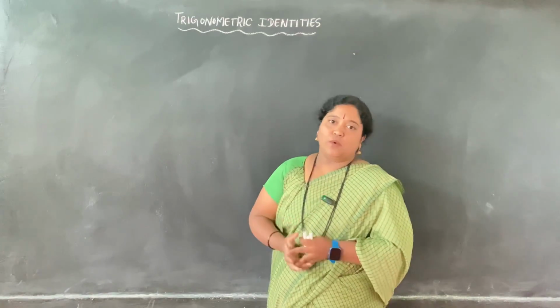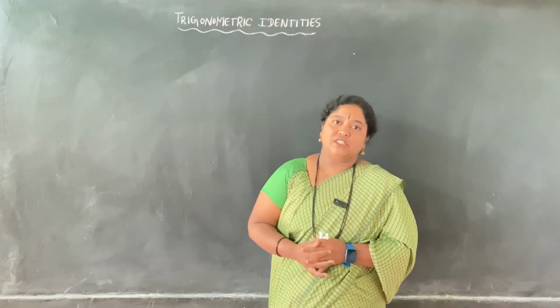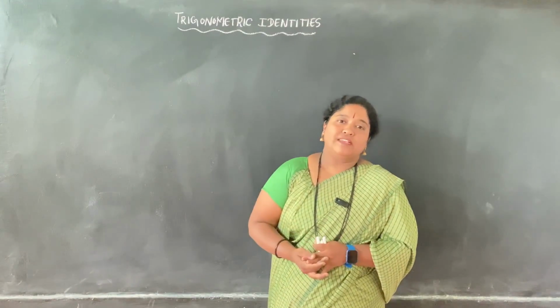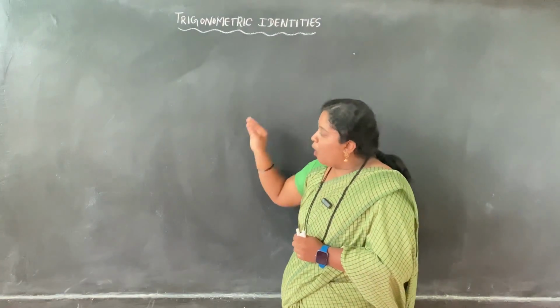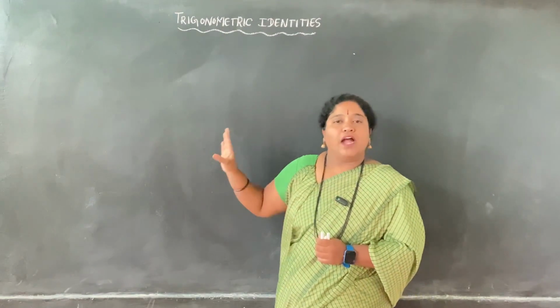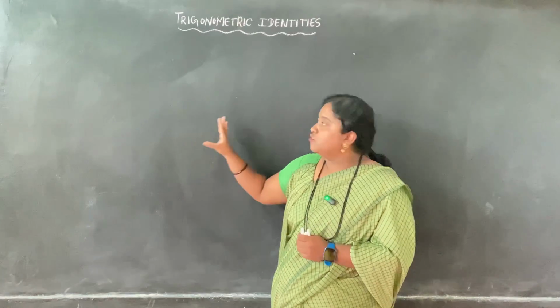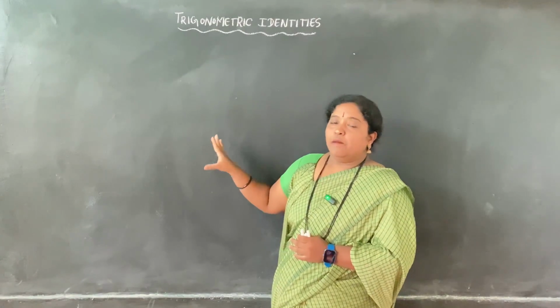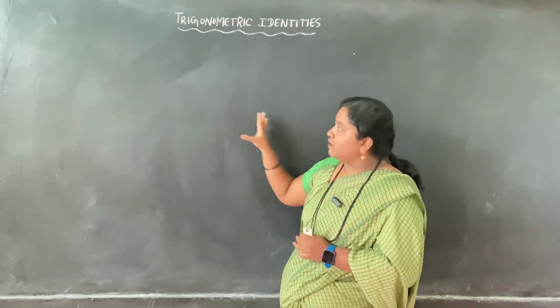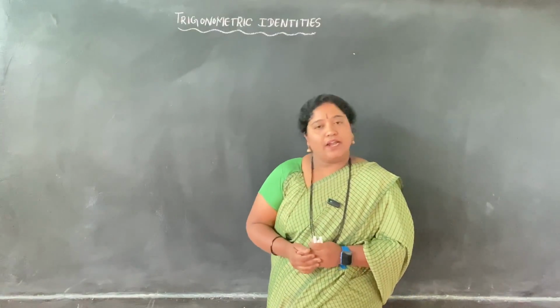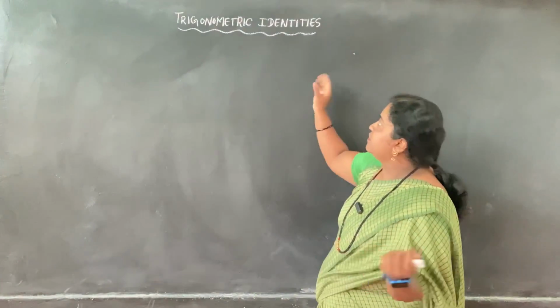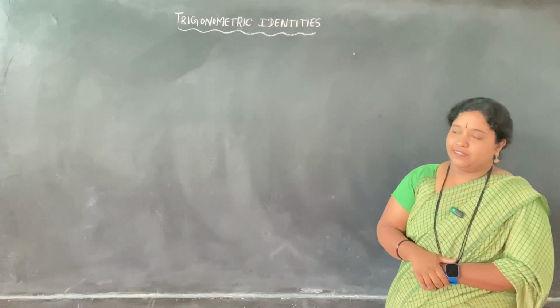I'll give exercise questions as well as many extra questions that have appeared in the board examinations. So properly watch the video and understand carefully, because you need to use your brain here. Mugging up does not work in this part of trigonometry. Understanding? Fine. We start with trigonometric identities.